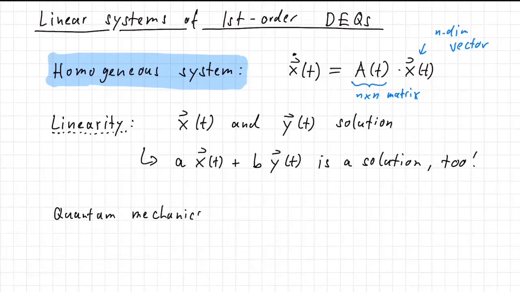which essentially means that what is written here: if you have two different solutions, then you can also make a superposition and still get a valid quantum mechanical solution. So what we can now do is formulate a theorem that for a system like this, there exists a general solution,